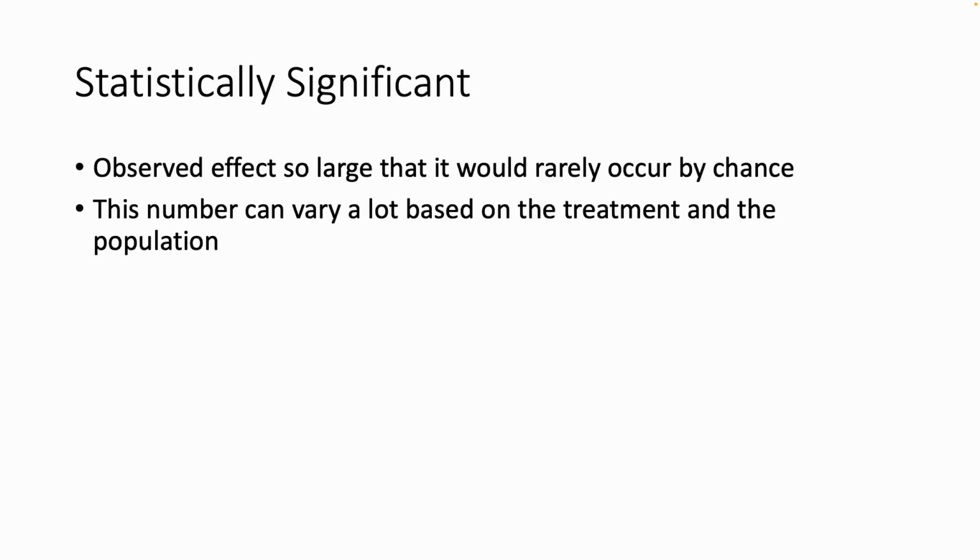The one we're going to look at right now is significance, statistically significant. And I'm purposely not putting a number with this, but the idea is that the observed effect is so large that the outcome that we're talking about, or the results that we have in front of us, disengage us from being able to say that this was a random event, or that it happened by chance. There is a very clear-cut correlation between the event and the treatment, and that allows us to be able to say that this is statistically